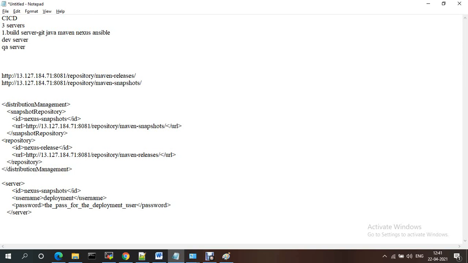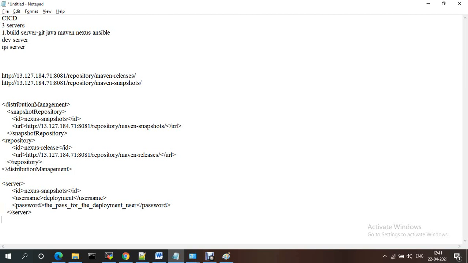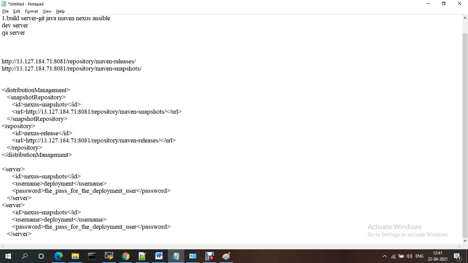I'm taking another one, nexus release. For the nexus snapshot one, the username is admin and the password is admin123.